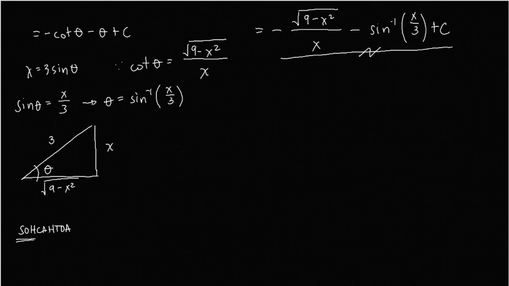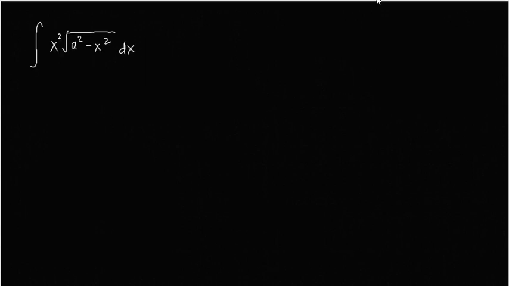So let's proceed to our second question. Okay, our next problem is like this. The integral of x squared times the square root of a squared minus x squared dx. So again, we will let x equal to a sine of theta, so that dx is equal to a cosine